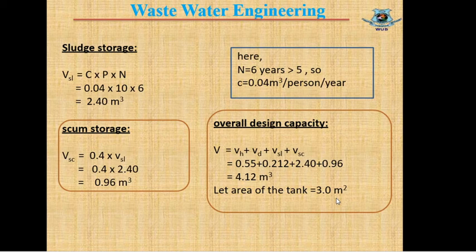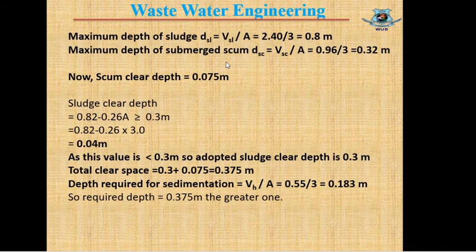The maximum depth of sludge DSL will be the sludge volume divided by area. Sludge volume is 2.40. If we divide this volume by the area, we will get the depth of the sludge equal to 0.8 meter. And the maximum depth of submerged scum DSC will be the volume of scum divided by the same area, as volume VSC equals 0.96. So the maximum depth of submerged scum stands at 0.32 meter. Now the scum clear depth